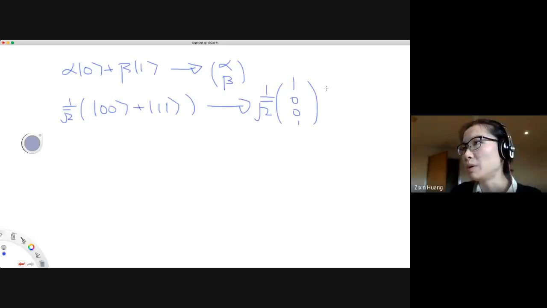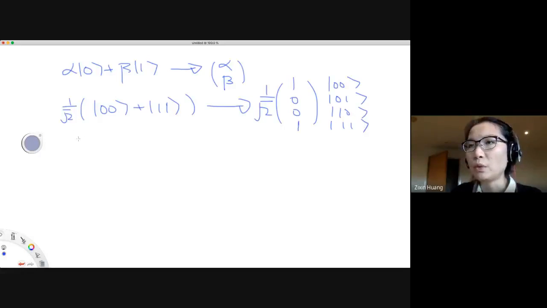So remember, when we take a tensor product, these columns correspond to the components 0, 0, 0, 1, 1, 0, and 1, 1. So now when we have a Z operator, just given by this thing,